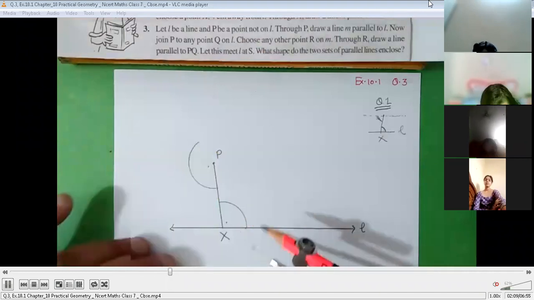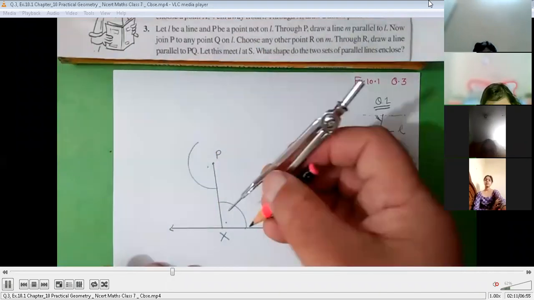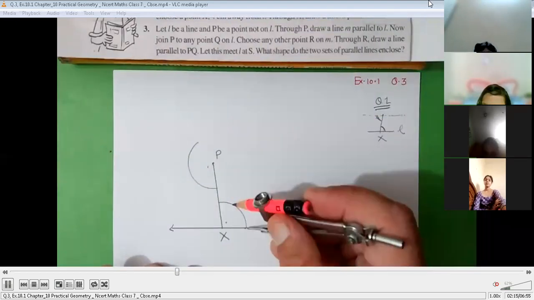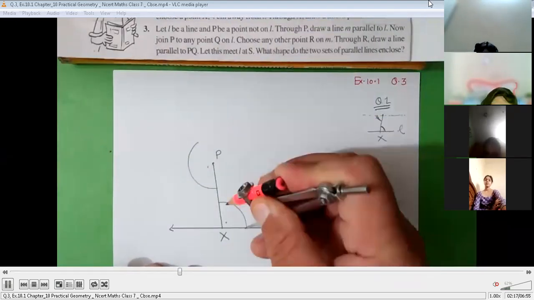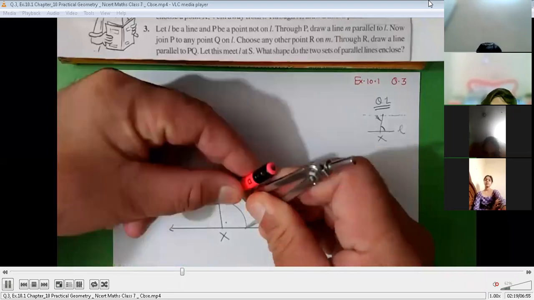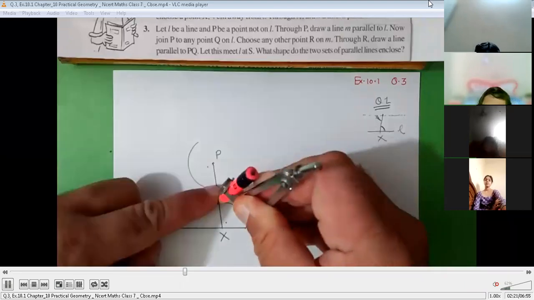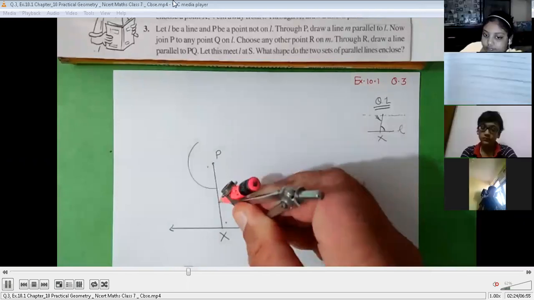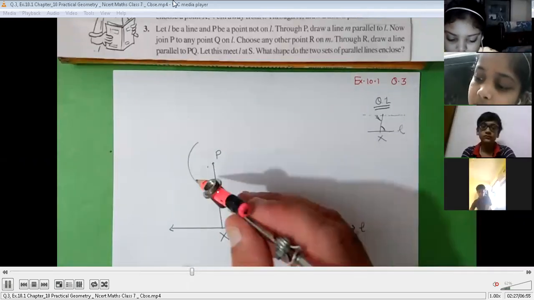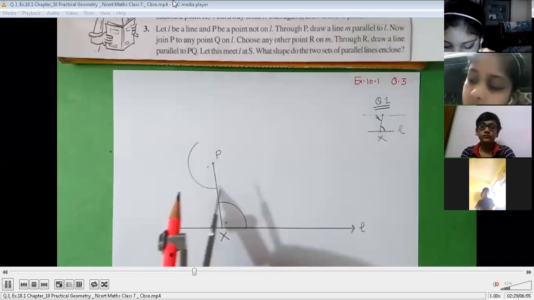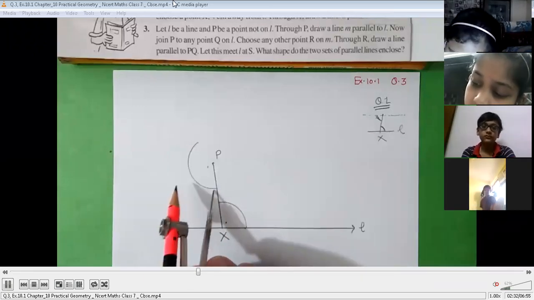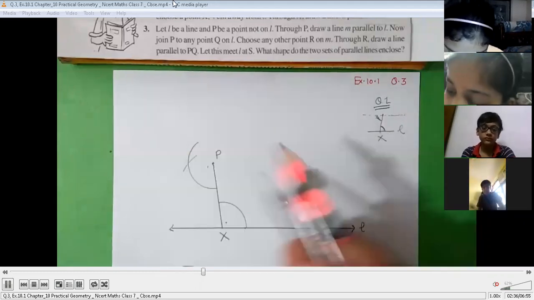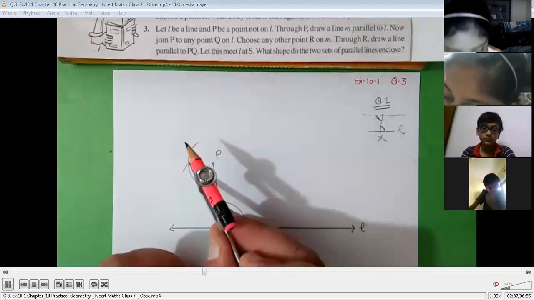Okay. Now we have to measure these 2 arcs. This arc, the first alternate interior angle, we will measure it with the help of compass and a pencil. Measure this with the help of compass. And then you'll put the needle over here where you have drawn the arc. Put your needle like this and then draw an arc. Okay. All of you draw an arc.